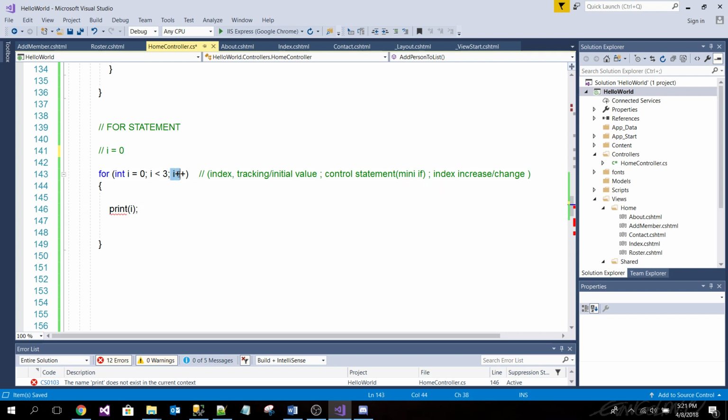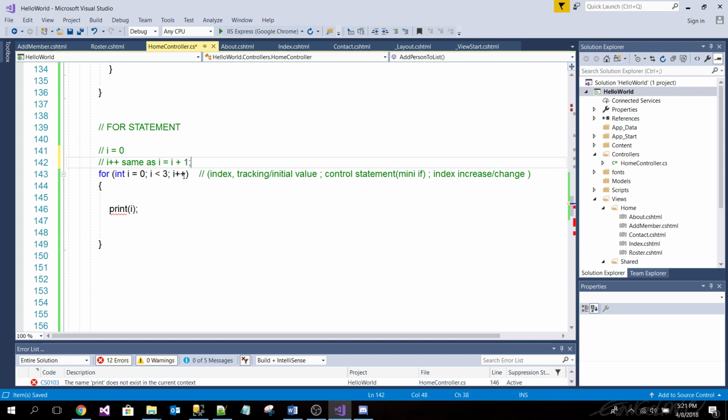This increment does not happen until here, by the way. Until you go through the body, and then you go to the next one. It just means at the end, add 1. Oh yeah, i++ means add 1 to i. I don't know if you guys knew that, I probably didn't mention it. i++ is the same as i equals i plus 1.